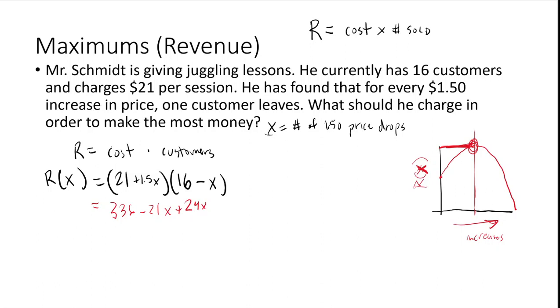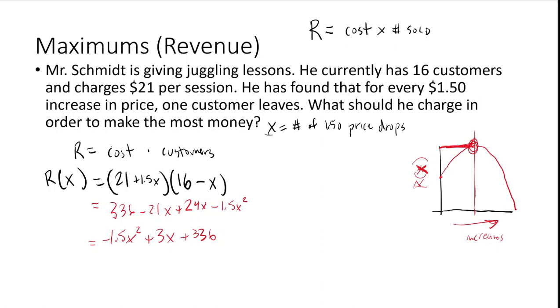And then 1.5x times negative x is negative 1.5x squared. Okay, so it's a quadratic. So let's simplify this and rearrange it. We're going to have negative 1.5x squared. Negative 21x and 24x is positive 3x. And then plus 336. So what we want to do is find the coordinates essentially of the maximum, which is